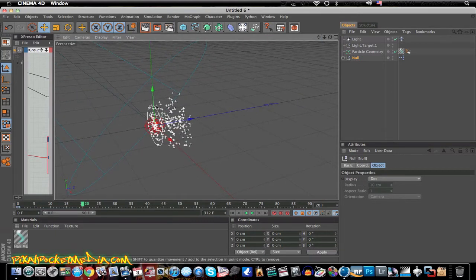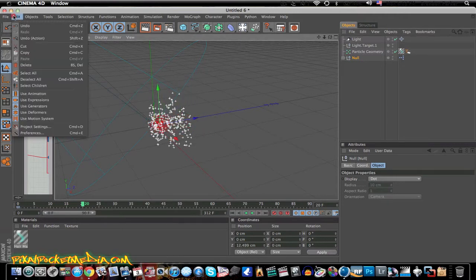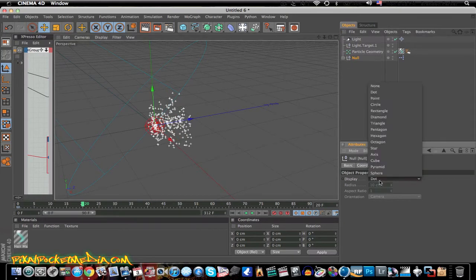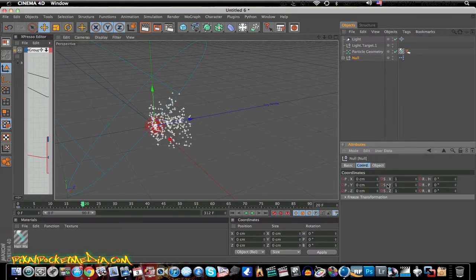So what we're going to do is go up on it, or not on the light. Make sure we're not on the light, we're on the null object. Okay, we're on the null object. Change the coordinate. You can manually do it, I guess. I'd probably bring it up all the way to